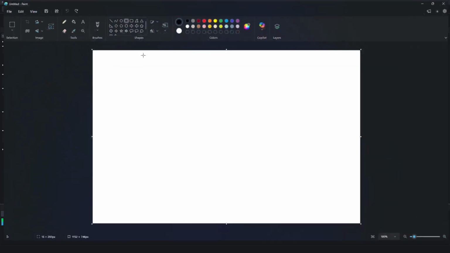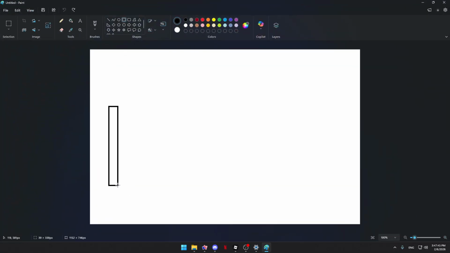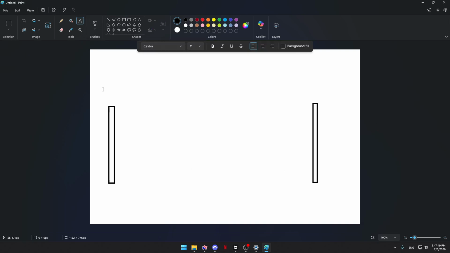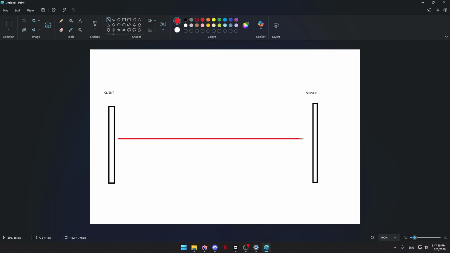Let's say like this. This is the client, this is the server. Nothing hard. And if you want to communicate directly, basically, you can't do this. No, you just cannot. So you might be asking, how am I supposed to communicate from the client to the server? So basically, the remotes